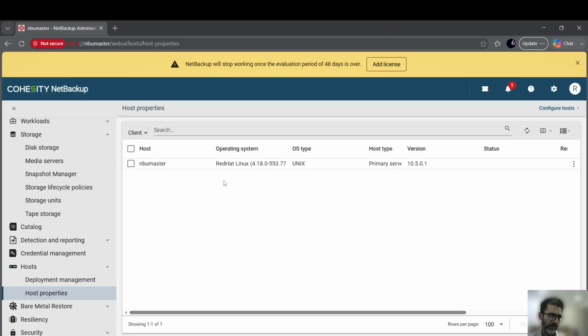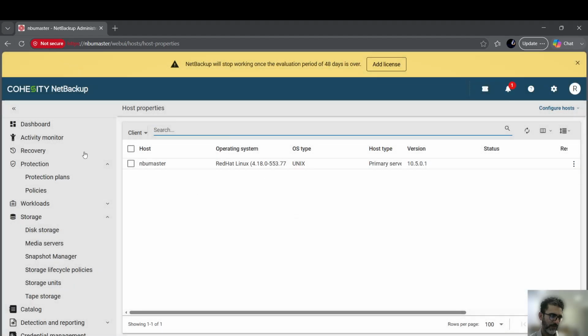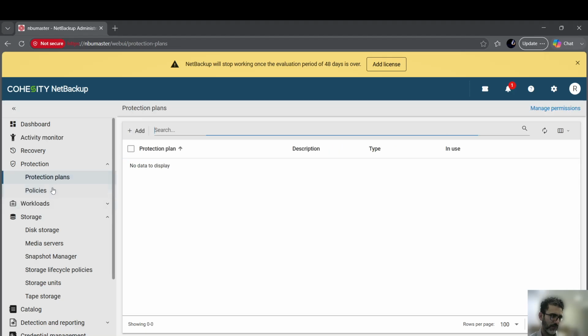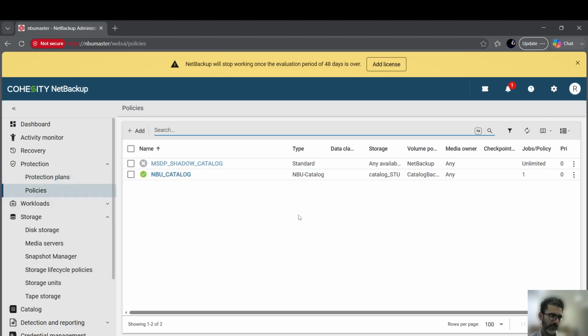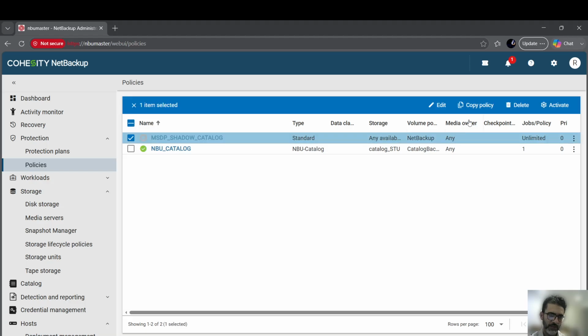Meanwhile, let me see if the MSDP catalog is showing, or still no. Okay, so far still, I was in the wrong location, I guess. Yeah, so the MSDP shadow catalog is up and running. I mean, it is being created, but it's in the active mode, so I have to activate it. So I just select on it. Before I activate it, if I click on it,